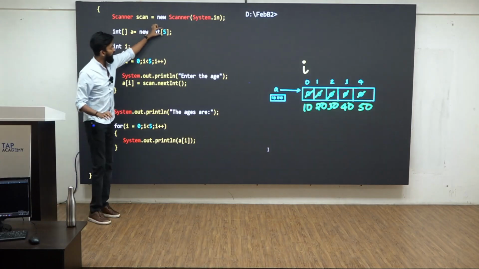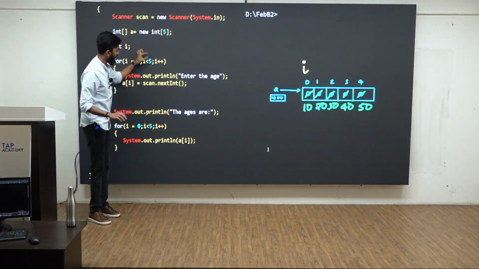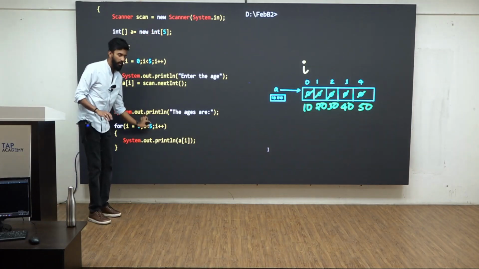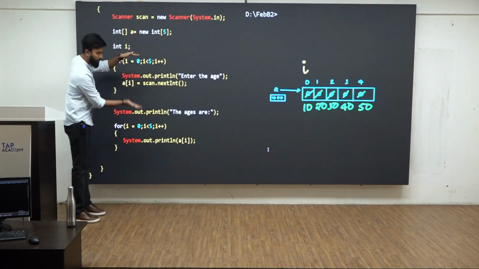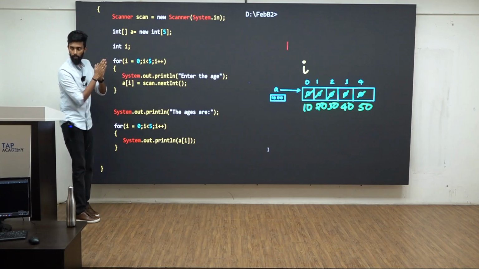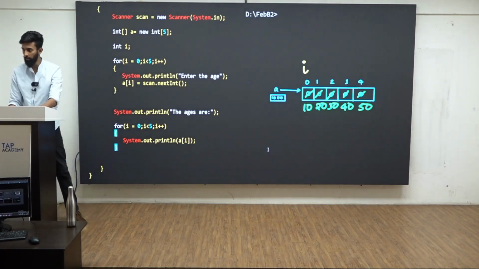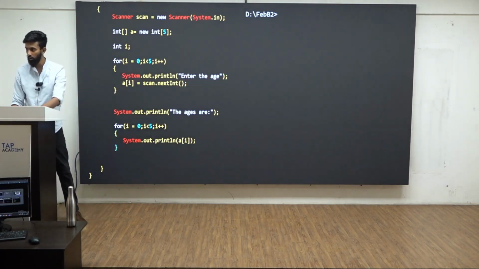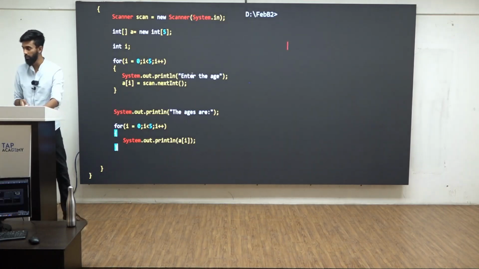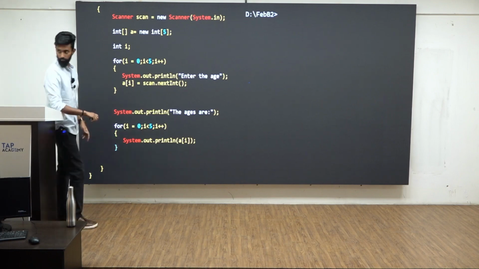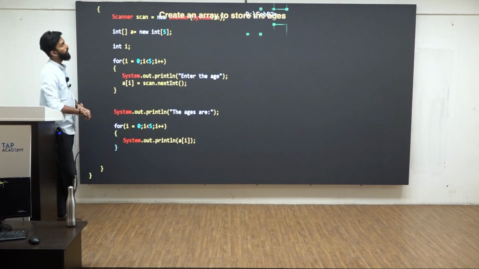Now if I have 500 students, write 500, 500. If you have 1000 students, 1000, 1000. Code remains the same. Clear? Now, 100% all of you have understood it, but let me also show it to you visually once so that it makes sense. Basically, you're creating an array,